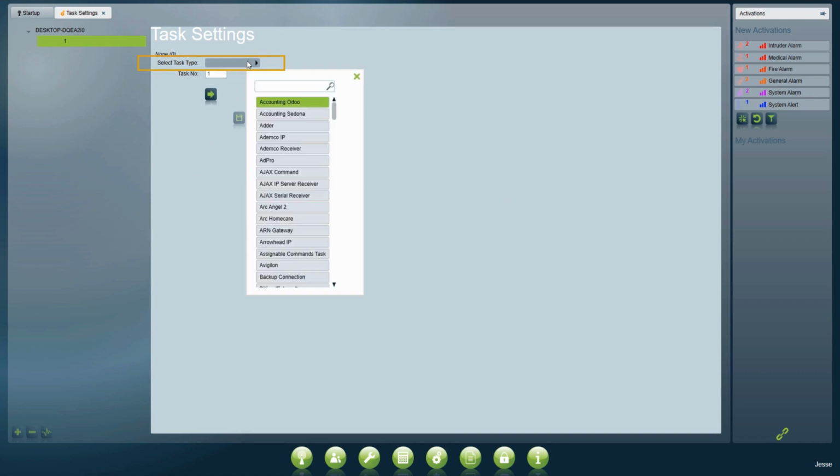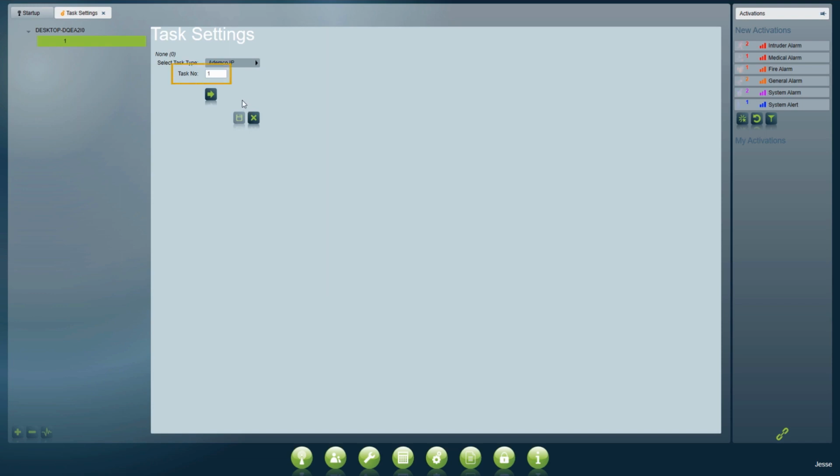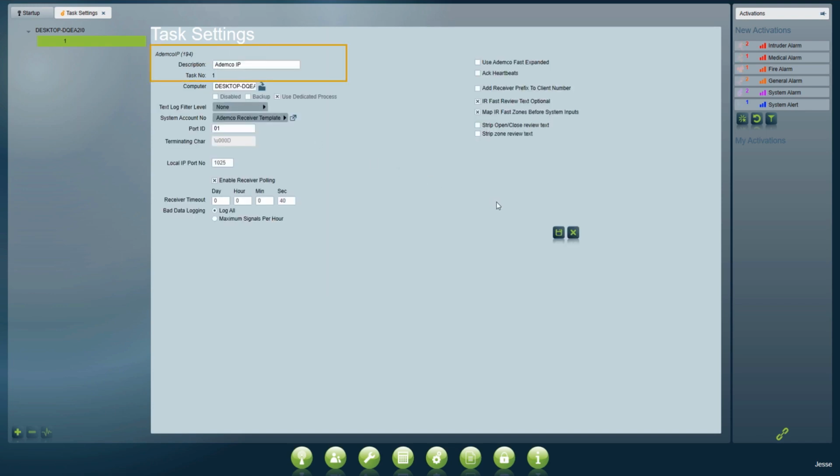Your alarm receiver will send signals in a specific format, and the task type you set up in Patriot must match that format and communication method. Allow Patriot to assign the task number automatically. Click the Next button. The task has been created, and below the task details we've just configured, there is the